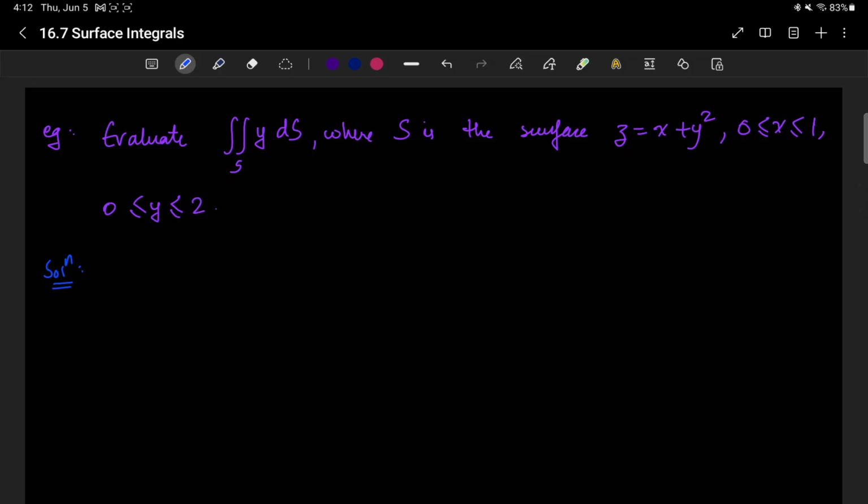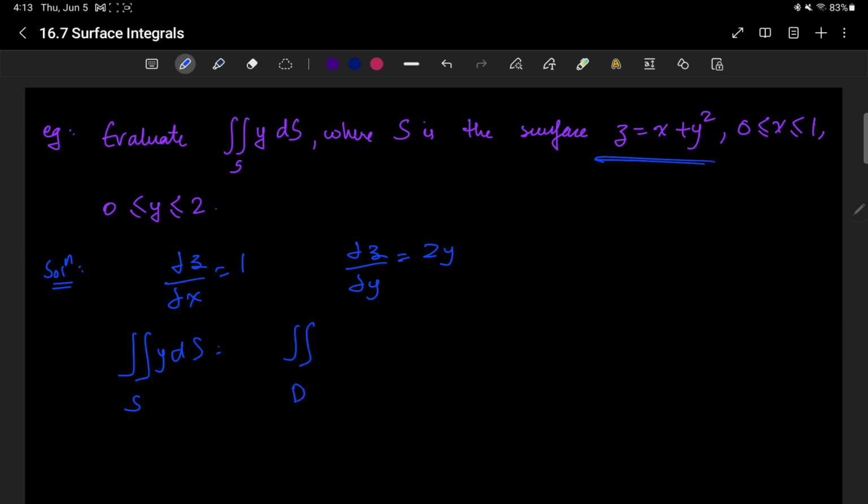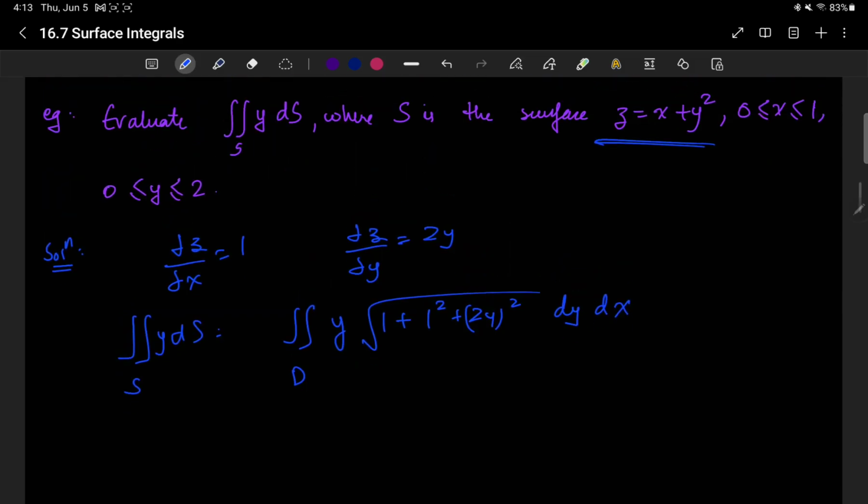Example: evaluate the surface integral of y dS, where S is the surface z equals x plus y squared, x is between 0 and 1, y is between 0 and 2. So this is an example of where you have a natural parameterization using x and y. So we have dz/dx is 1, and dz/dy is 2y. So the surface integral of y dS becomes the double integral over the parametric domain D, where y is y, because that's the parameterization, and we get the square root of 1 plus 1 squared plus (2y) squared dy dx,